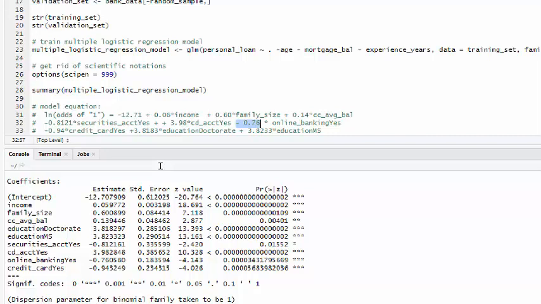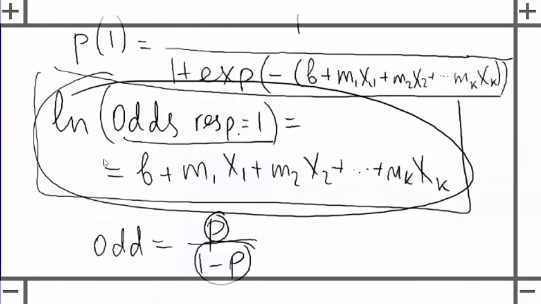Let's quickly, in the remaining 3 or so minutes, do a very important thing. Okay? All right. Here is the question. Income. Let's take a look at income. So here's what I'm going to do. I'm going to write down my equation in a very schematic way. Okay? Natural log of odds,